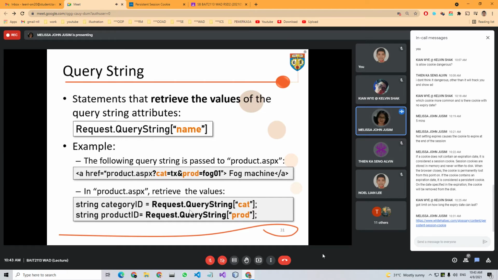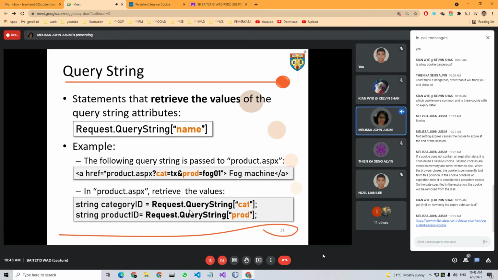In the first example, assuming the query string is passed to that particular URL, product.aspx, when the user clicks on the link, then the category and the product FOG01 are passed to that particular page, product.aspx.